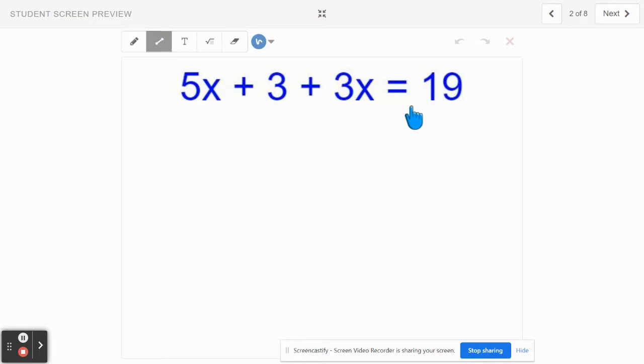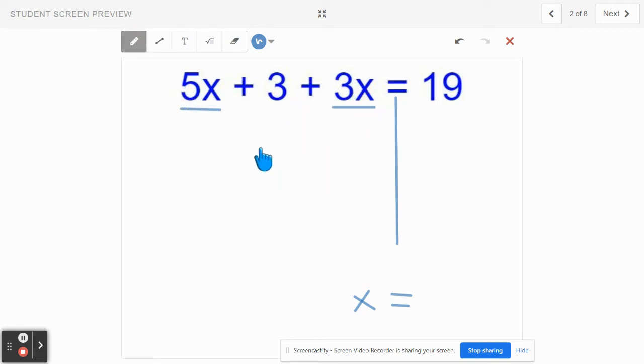looking through this here. All right, let's go ahead and I love setting this up this way. So you see, okay, hold on. X is on this side. I'm going to get X all by itself. But when I look at this, remember, combining like terms can only happen on the same side of the equal sign. You can't combine 3 and 19 because they're not on the same side. But you can combine 5x and 3x, okay? 5x and 3x becomes 8x